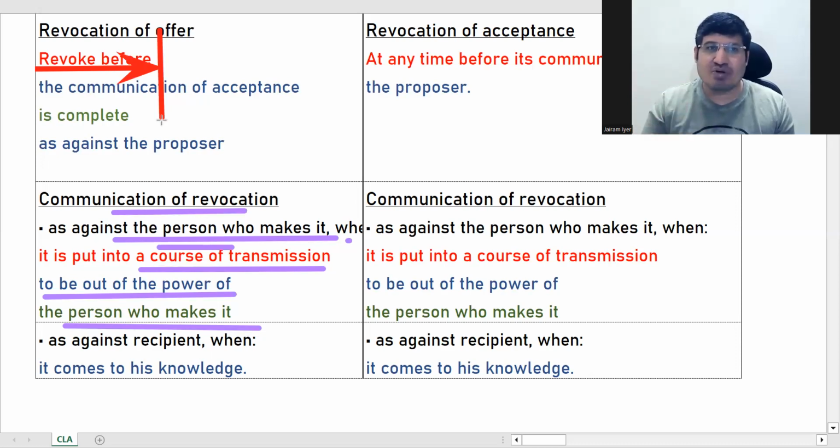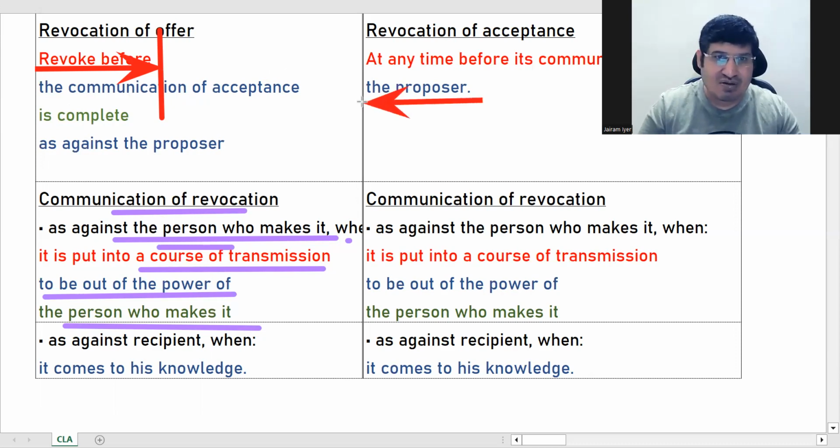If you have not communicated at all, then your contract will fall flat there. There's no contract if it is not communicated. So the court will see this also, whether you have communicated. They'll say, you have communicated, but this was the point of time when your acceptor had posted the letter. Whatever you have communicated has been done after he has posted this letter, which is why your revocation does not hold good. This is what the court will say.